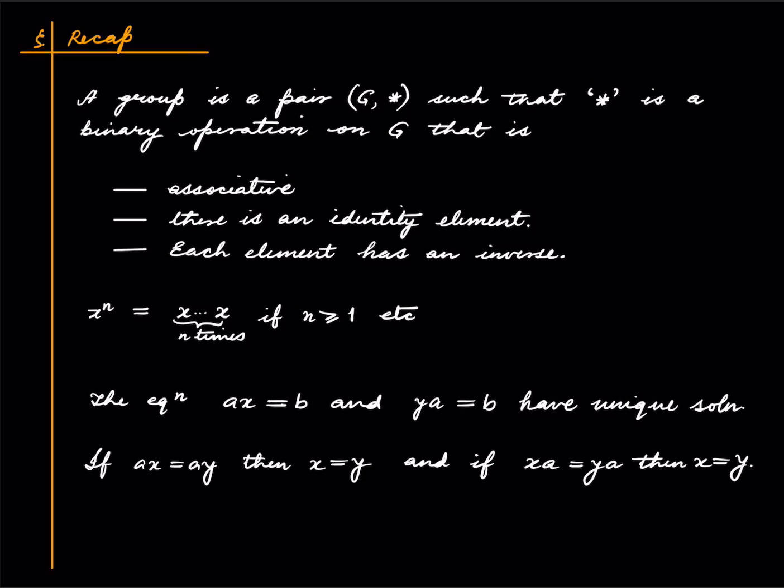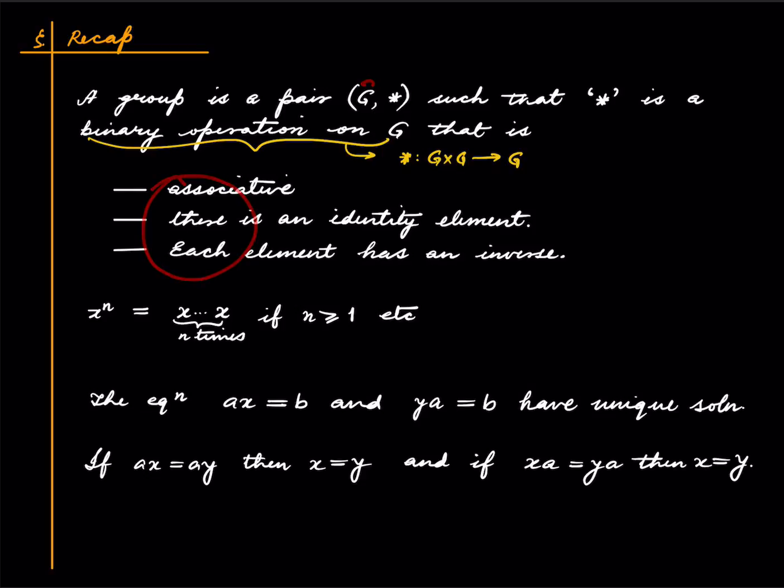Last time we defined what a group is. A group was defined as a pair (G, star) where G was just any set and star was a binary operation, which means star is a function. Binary operation on G just means that star is a function from G cross G to G. So a group is a pair, G and star, where star is a binary operation on G, such that